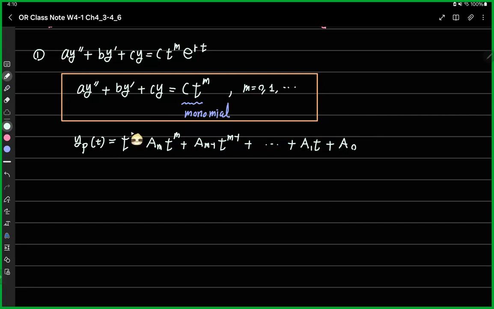We need to put that term t to the s power, and then e to the rt. So if r is not a root,